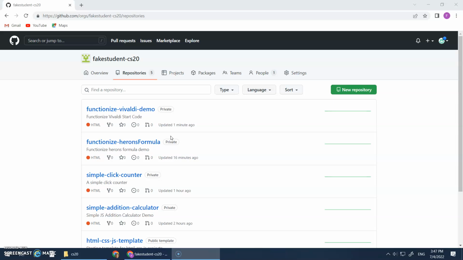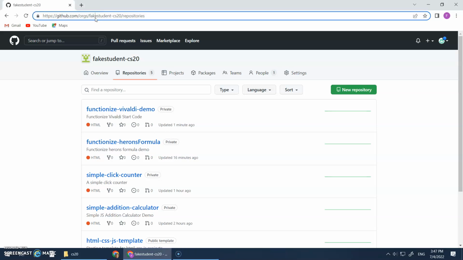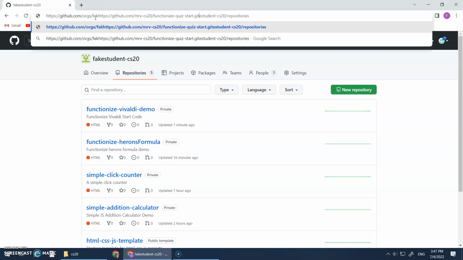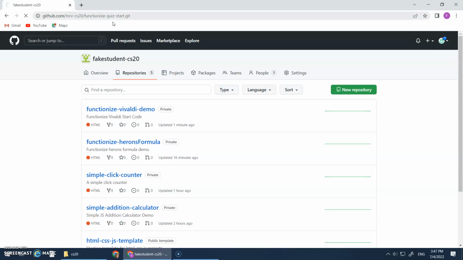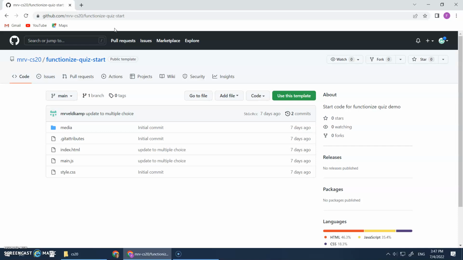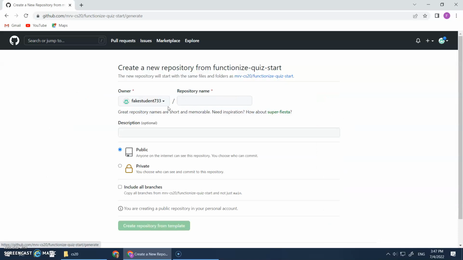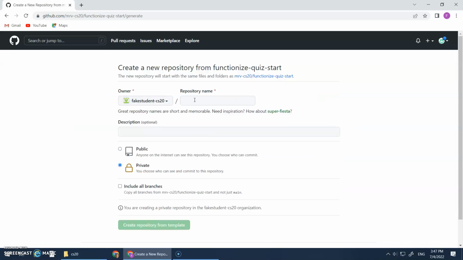Okay, I want to do one more example of functionizing some existing code, making it more organized, more efficient. So again, I've got some start code. I'll put that in the description of the video again. We'll use this template, put it into our CS20 organization, functionize quiz. And this is our demo of functionizing